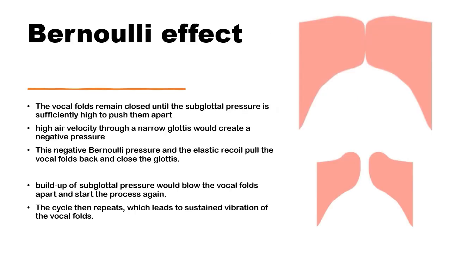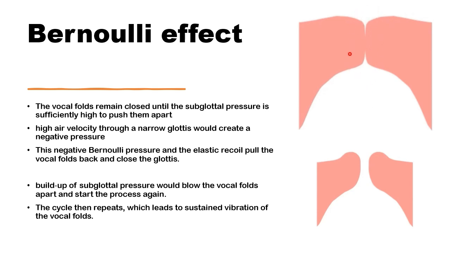So we start with the Bernoulli effect. This was the initial proposed mechanism for self-sustained oscillation, with repeated cycles of opening and closing of the glottis due to the build-up of pressure when the glottis is closed. Above a certain limit, this pressure is going to drive the vocal folds apart, and air would escape, and this would create a stream of air, a jet of air in here with high velocity